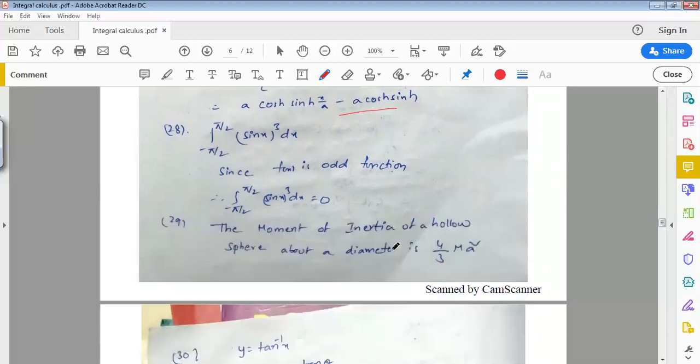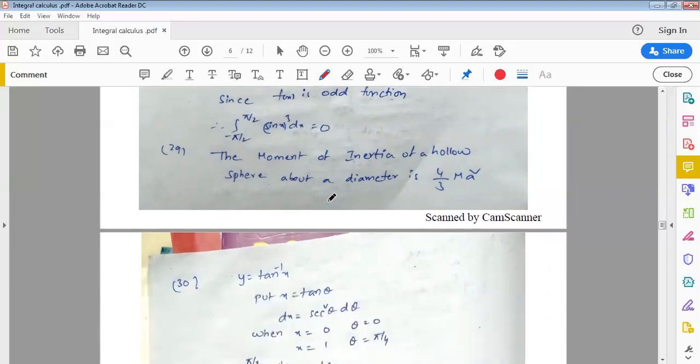Similarly, next problem. Integral from minus pi by 2 to pi by 2 of sin x whole cube dx. Whenever we have the limits minus a to a or minus 1 to 1 or minus pi by 2 to pi by 2, a negative limit followed by a positive limit, and if the given function is an odd function, then the value of the integral is 0. Since sin x is an odd function and the power is also an odd number, the given function is an odd function, so the value of the integral becomes 0.